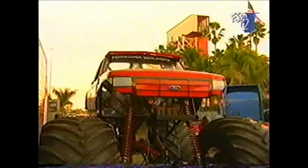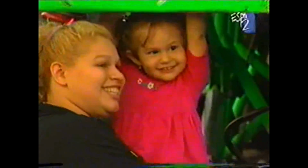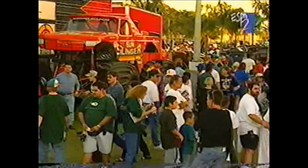I think it's kind of cool that all the fans get to roll on in, you get to sign some autographs, look around at the trucks, and the looks on the kids' faces. Yeah, look at them all. They come up here and just stare at these things. These big tires kind of fascinate them, thinking, man, if we could only have those on Mom and